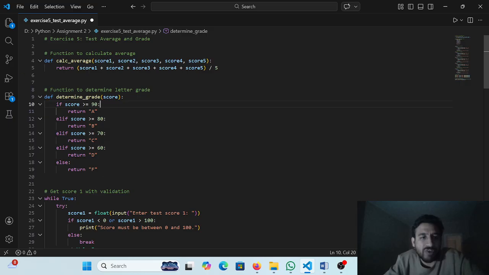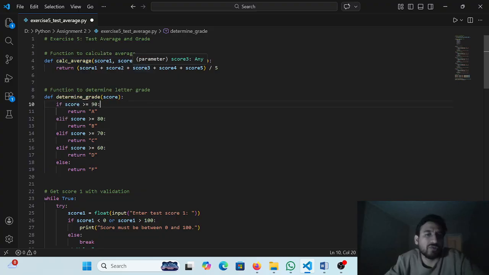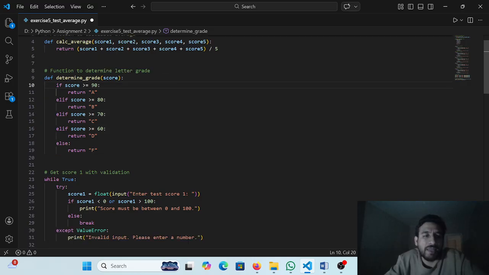I have defined two functions. For average, it inputs 5 scores, adds all those 5 numbers, divides by 5 and then returns. This return command sends the data back to the main program. So this is the first function, and here is the second function,